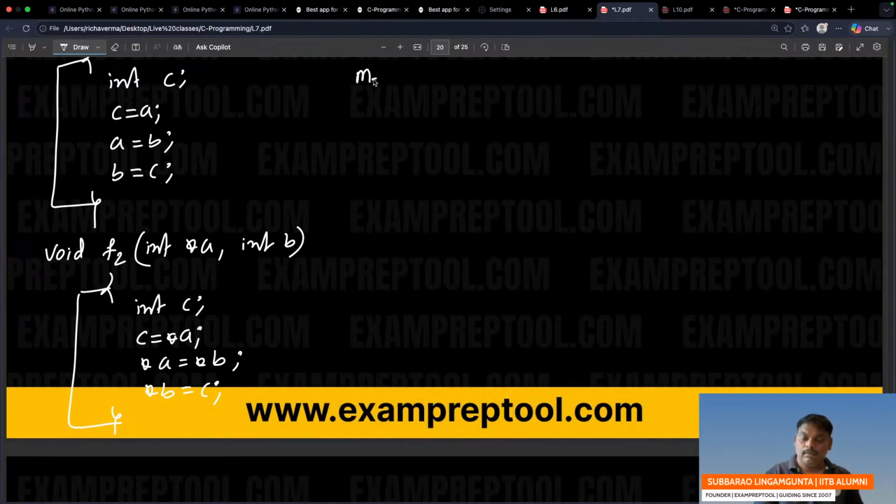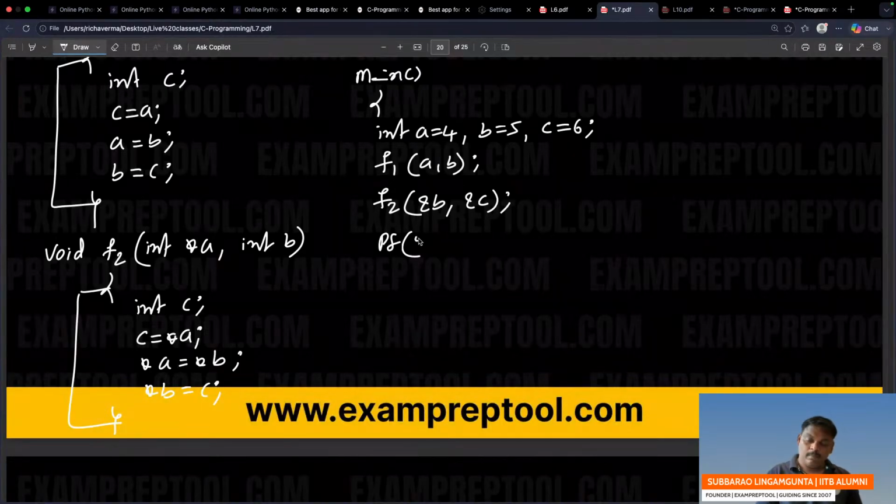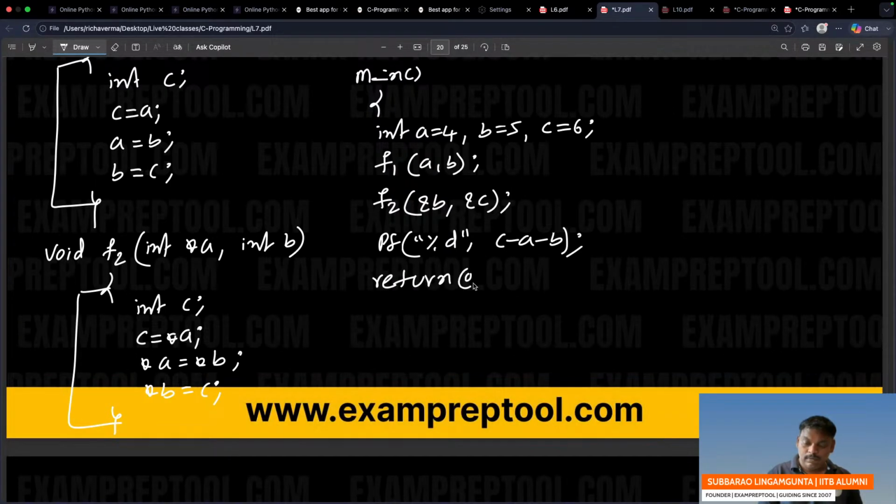Go to the main. main() { int A = 4; B = 5; C = 6; F1(A, B); F2(&B, &C); printf("%d", C - A - B); return 0; }